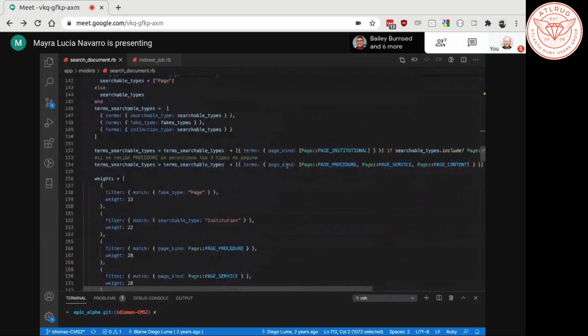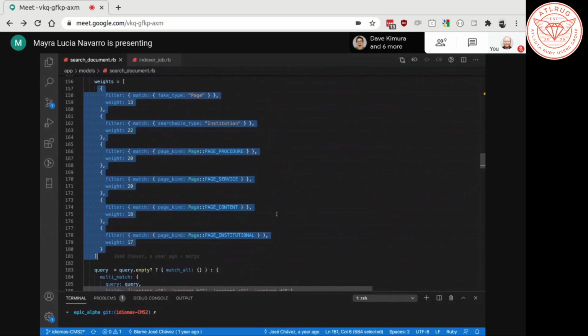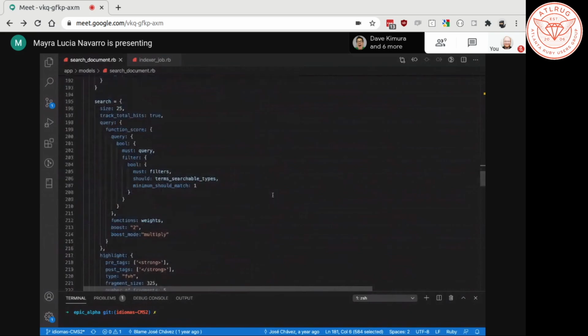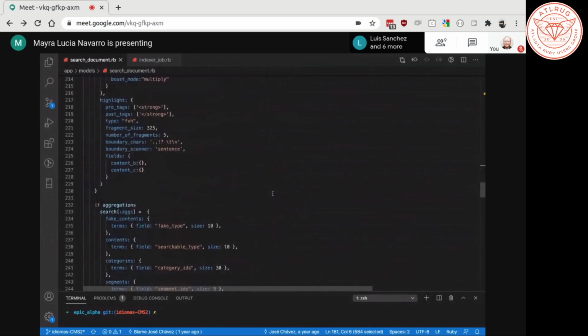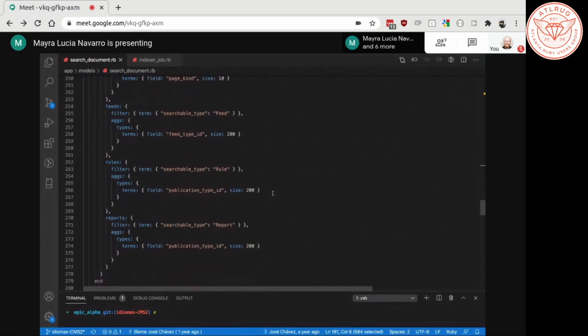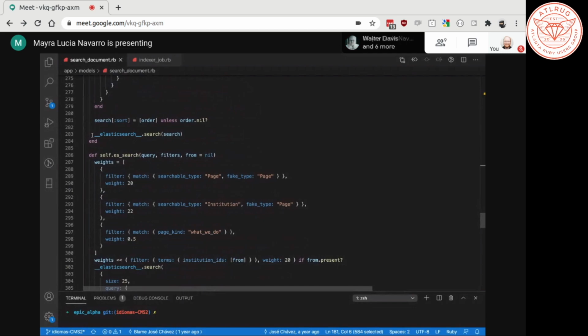One of the interesting things was that we included the weight. We can do that in Elasticsearch. And the rest of this, if you can see, is what is used in the gem.